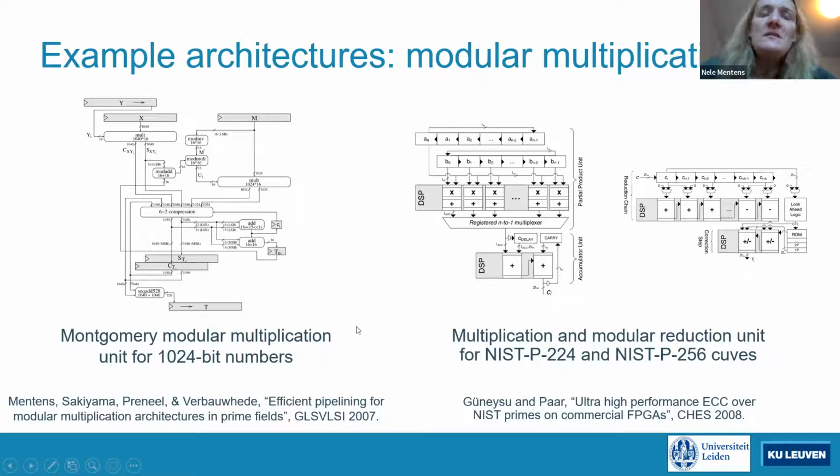And then, actually, let's say 15 years ago, this was a very important research topic, to come up with efficient architectures for these modular multiplication operations, and also for elliptic curve cryptography based on modular multiplication. And then on the one hand, general modular multiplication can be done with any modulus. For those kinds of operations, there were architectures proposed,